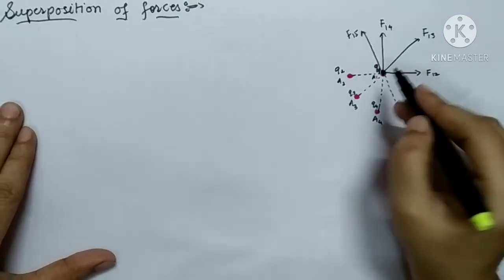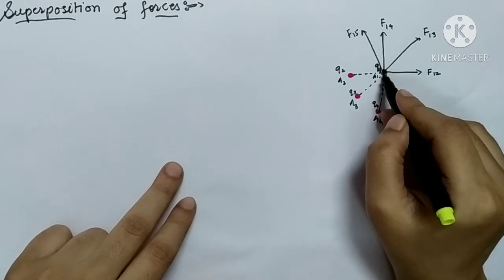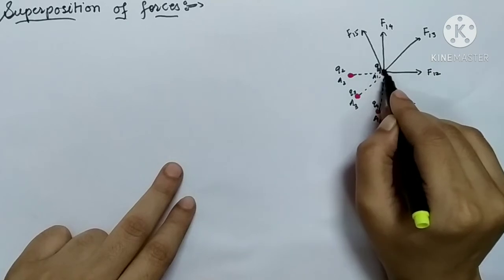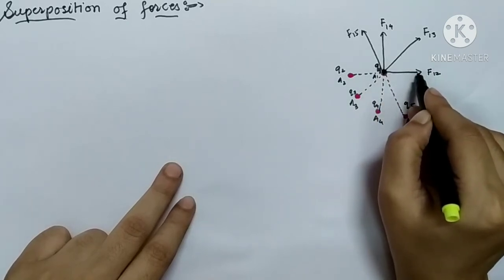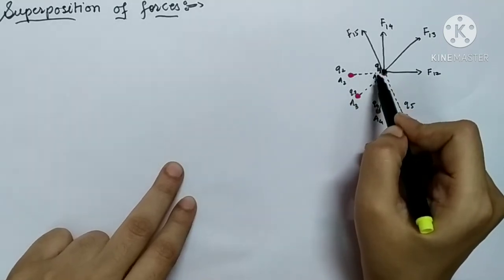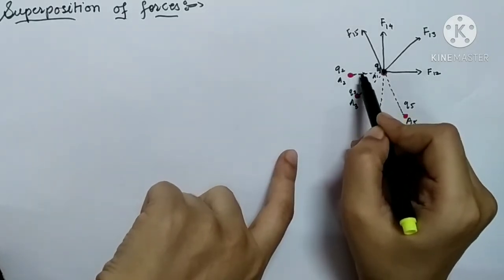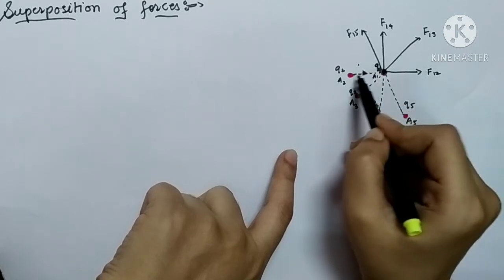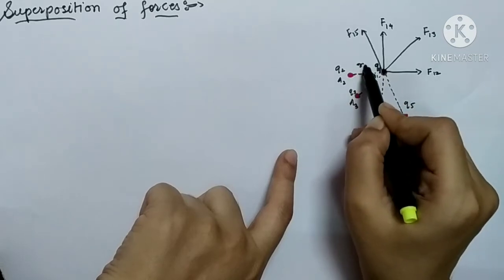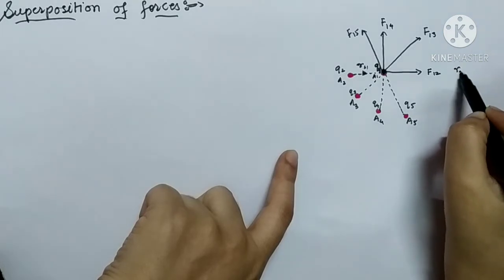So let us first count the forces. Obviously charge Q1 is going to be repelled by Q2. So the force of repulsion is directed in the opposite direction. The distance between Q1 and Q2, the distance which is drawn from the charge Q2 to Q1, is R21. This F12 is directed in the direction of R21.